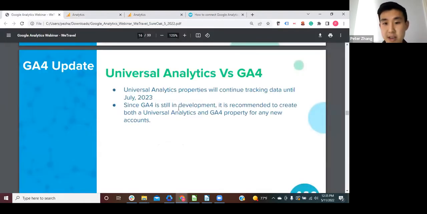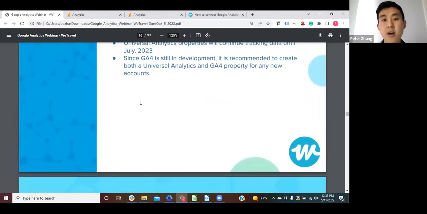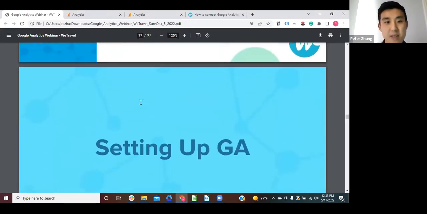But what I want to say is that the recommendation for now is to create both accounts. So if you already have a Universal Analytics account, or you just have a Google Analytics 4 account, it's still better to have them both running, as not all the features have been released for the newer version. And additionally, a lot of people are more familiar with Universal Analytics. So if you're working with any marketing professionals, that's still the preferred method as more features get rolled out for Google Analytics 4. And so we'll cover how to install and set it up. But that's just something you'll definitely see as you set up and use Google Analytics.